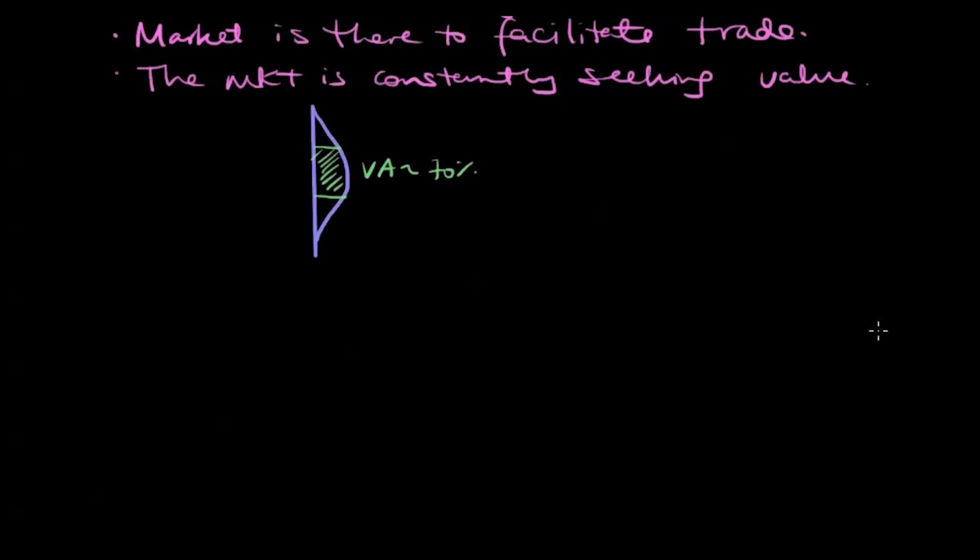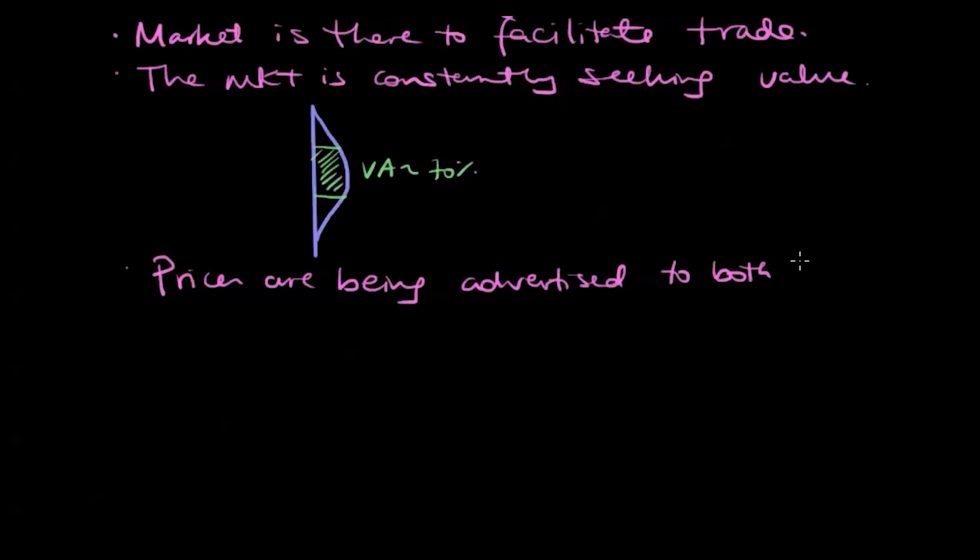And in doing so, each price that you see on the ladder, each price you see in a chart, is constantly being advertised. So we have to understand the concept that prices are being advertised to both buyers and sellers. The important thing here is to understand that at each price, no matter what the price is, if you were looking at a ladder, at each price up and down the ladder, when that price becomes available to both buyers and sellers,